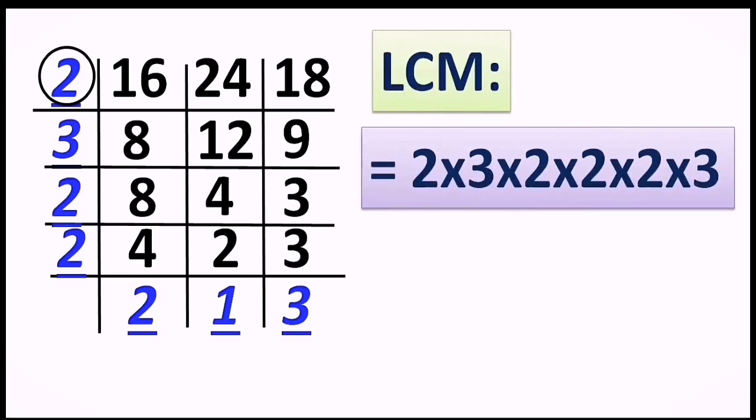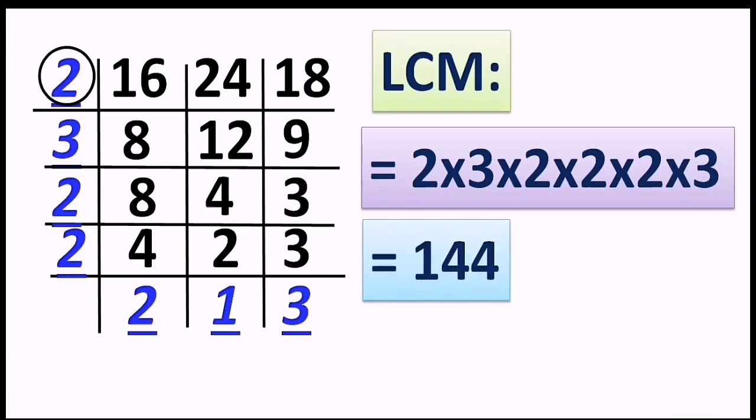So here LCM equals, let's calculate the numbers first of all. In the extreme left we have 2, 3, 2, 2, yes, taken, and in the bottom layer we have 2, 1, 3, but I have skipped 1 because that will not create any change in the value, right? So the 1 can be skipped, so we are left with 2 and 3 in the bottom layer, and those numbers are taken, and when you multiply them we get the answer 144.